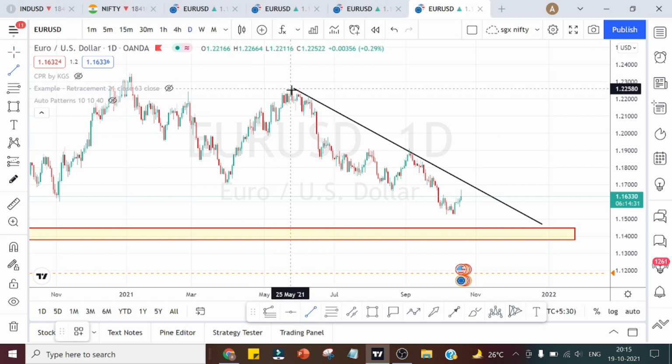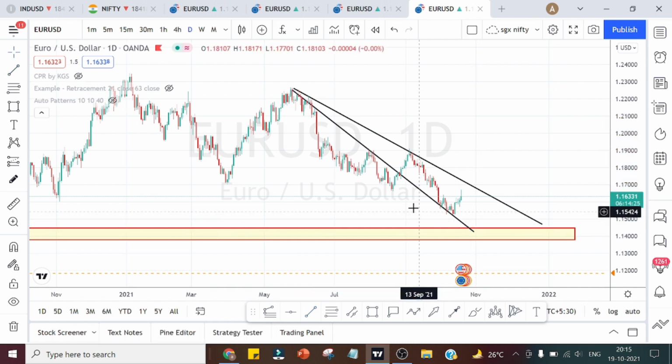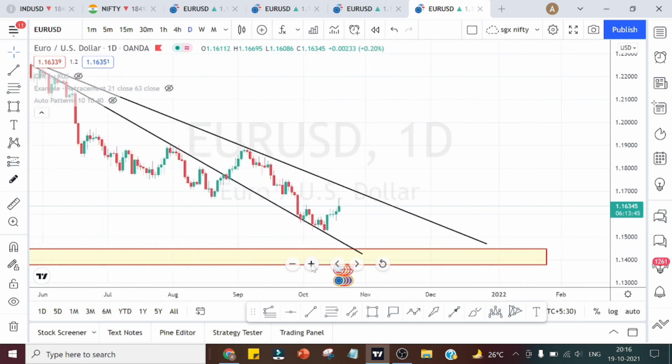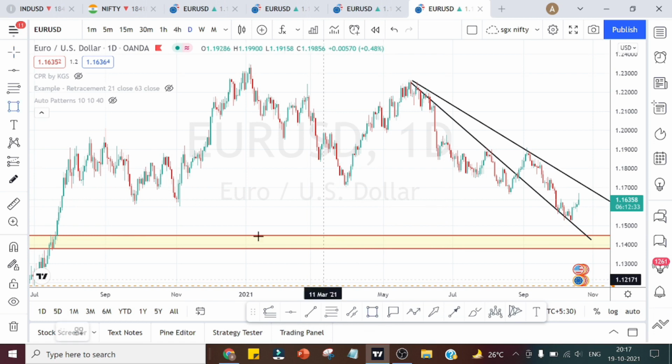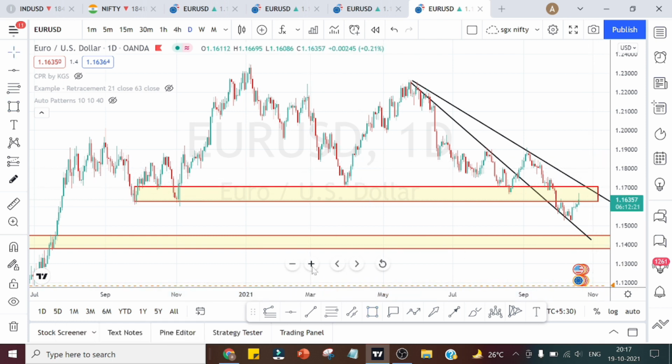And again, we see one more trend line here. Again, there was one downtrend here. It has broken this resistance. It has gone up. Again, market started trailing down. So it has taken support in the previous support. Now the market is temporarily on uptrend. You can notice that it has taken support here and it is on the uptrend now in daily time frame. And the resistance is at this area. It is not one single line, but a full area. This is going to be the resistance area for the current time frame.